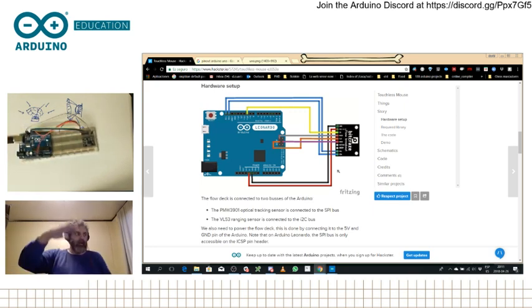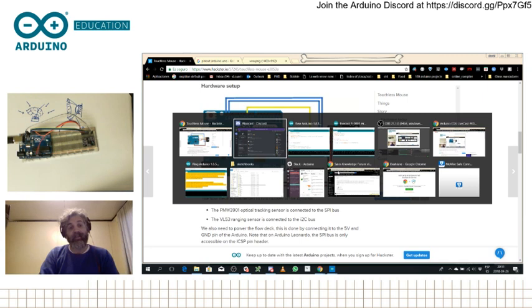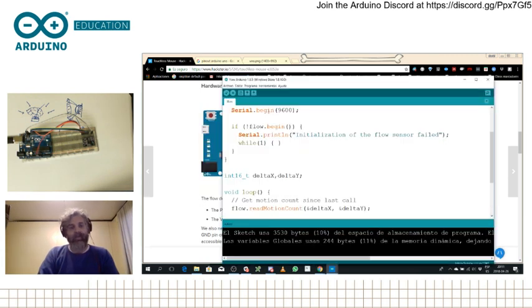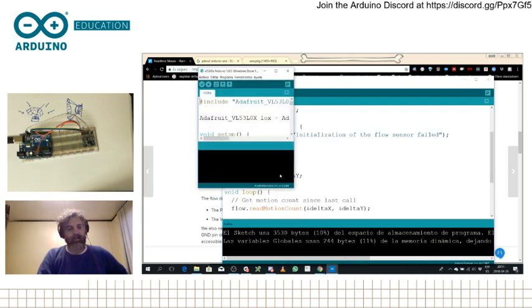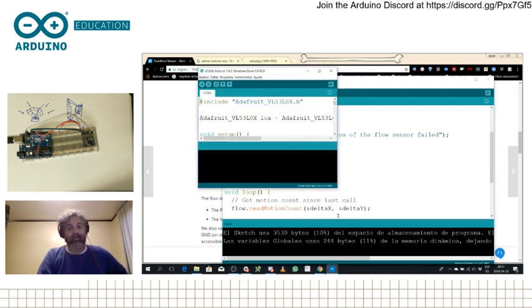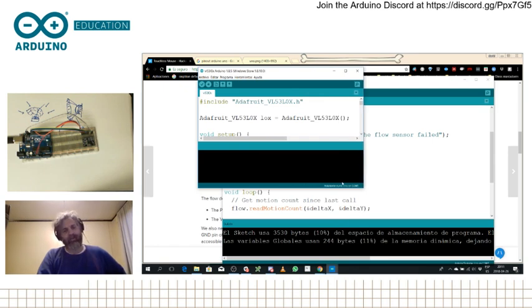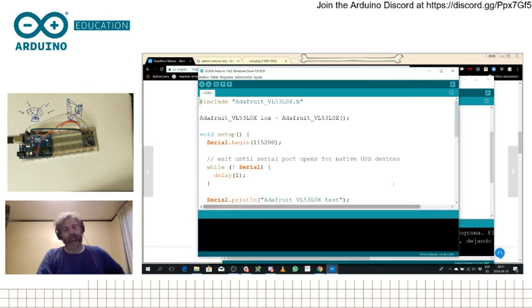So now remember, I'm going to be able to do distance checking with the sensor. I will just open the example that comes in the example list for the Adafruit sensor. So for the VL53L0X, and let's take a quick look at this code. So this one uses a serial port at an entirely different speed. I'm going to slow this down, mostly because what I want to do then is to mix both programs.